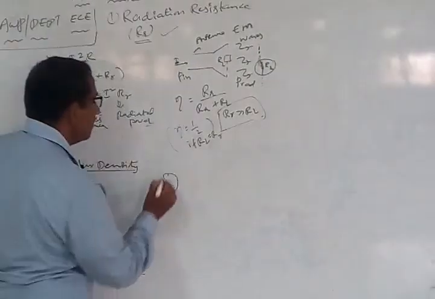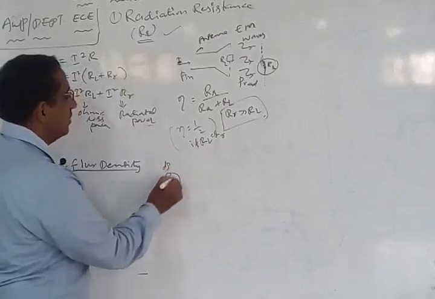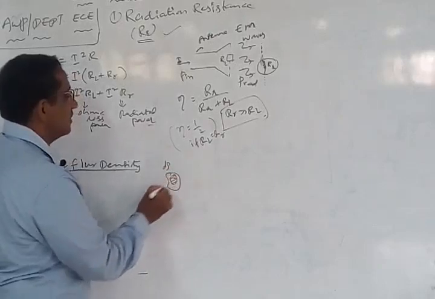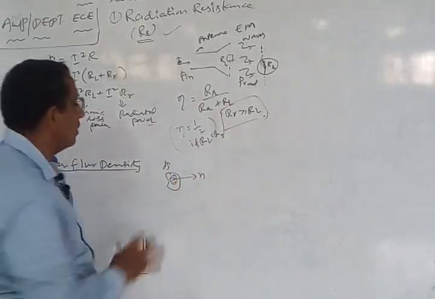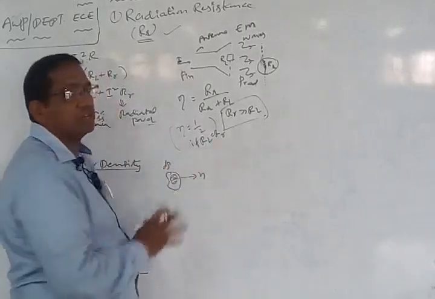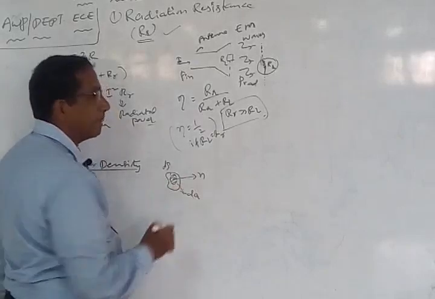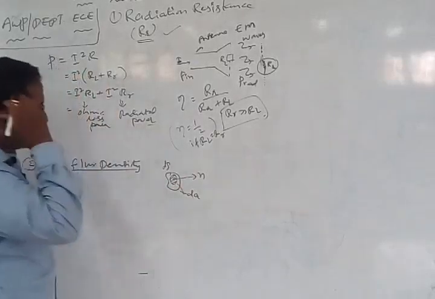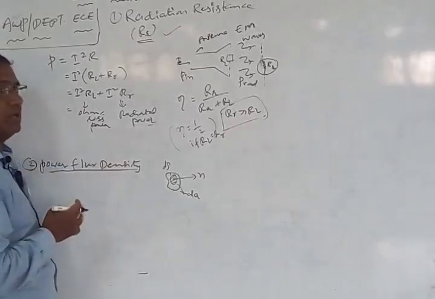If you imagine some differential surface area like this, this is a differential surface area, and normal to this surface the power flux lines are moving normal to this particular surface, and this surface is going to have an effective area, say dA. Now what is the amount of flux density which is normally going to get radiated?